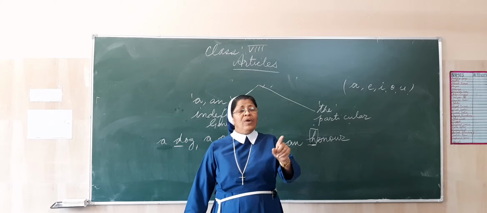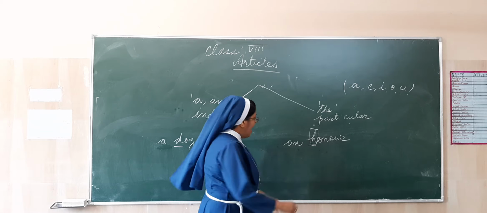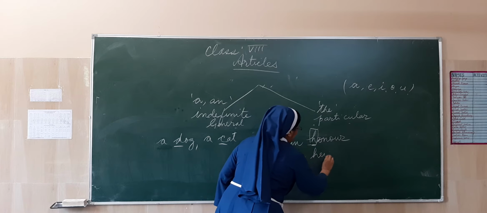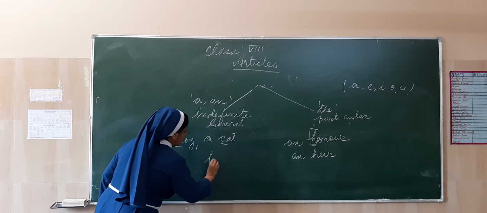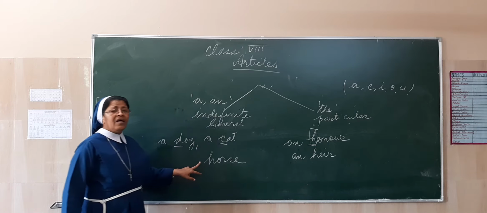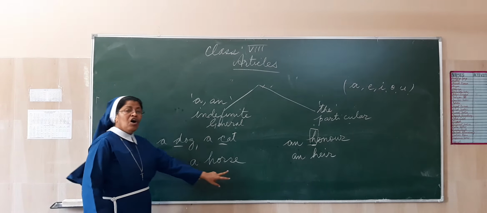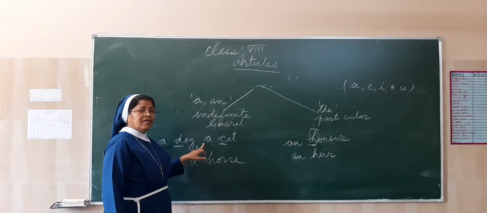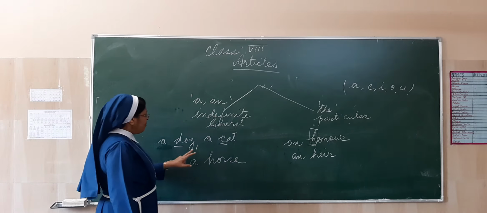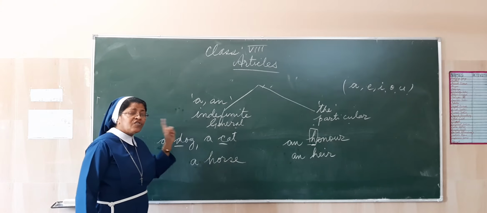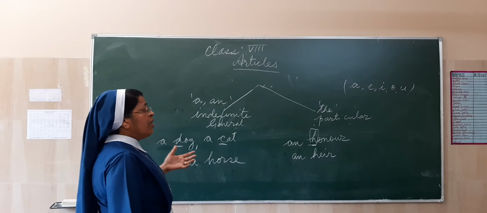For a word that has got a vowel sound at the start, we use an, as in an honor, and an heir. See, again I wrote it, an heir. Whereas if I use here horse, here I don't write an horse, I write a horse. So that comes under a. Both are indefinite articles. All the same, as I told you, always look at the consonant sound and the vowel sound. There are words, for example, European.